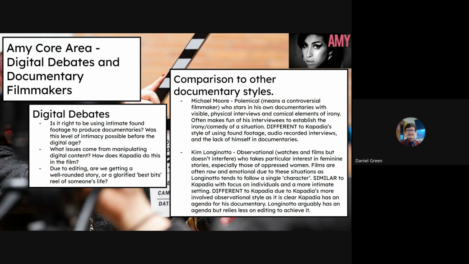Now, are we getting the correct side of things, or are we getting the most nuanced side of things? Probably not in terms of nuance. Is it correct? Arguably so. But Kapadia is able to manipulate us for right or wrong because he's able to splice that digital footage together to create something new and different. Now, I would encourage you to look on the Educas website because there is a comprehensive list of documentary techniques that you could talk about.